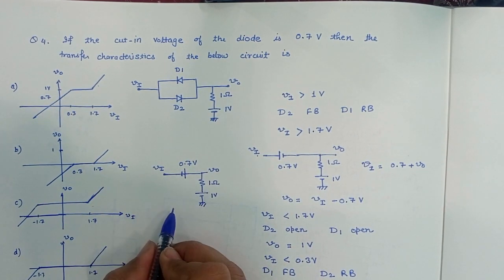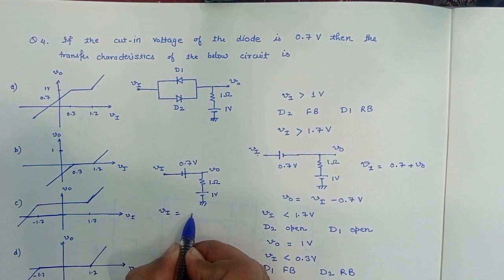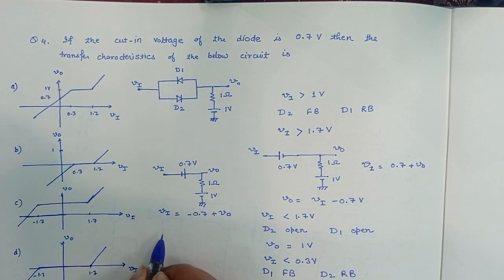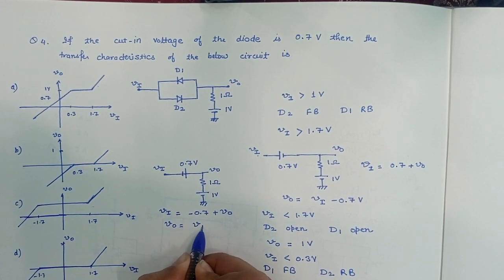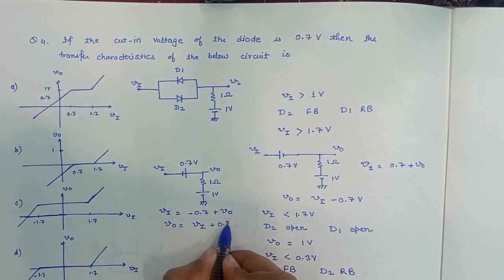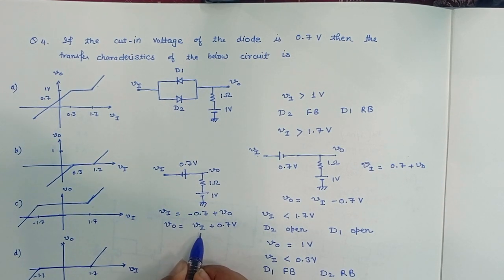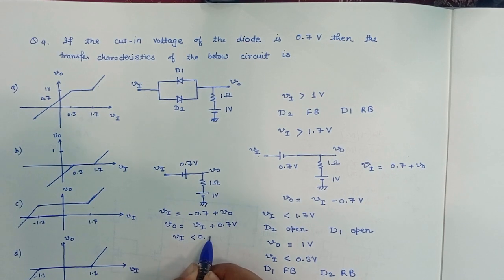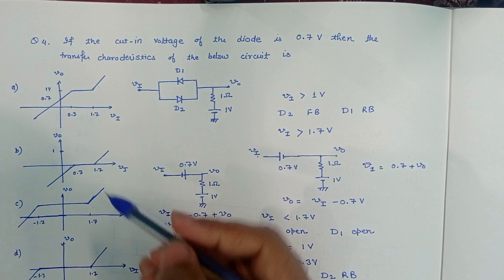If I apply KVL in this loop, Vi will be equal to minus 0.7 plus V0. So V0 will be equal to Vi plus 0.7 volt. This is again a straight line equation having slope equal to unity for voltage Vi less than 0.3 volt. So if we see the options,